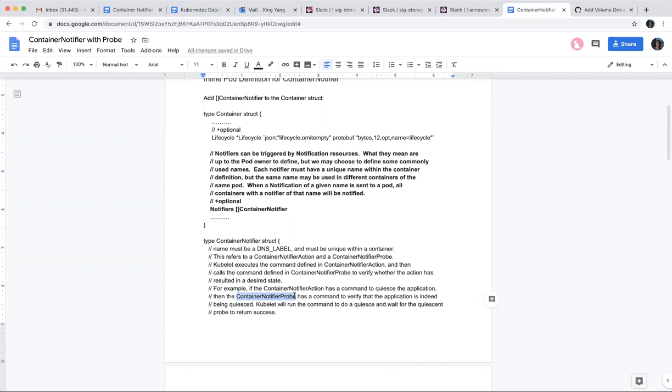As a matter of fact, that's actually one of the major reasons why Xin added this probe over here, right? It's the whole imperative versus level triggering concept in Kubernetes. It goes against the concept in Kubernetes.